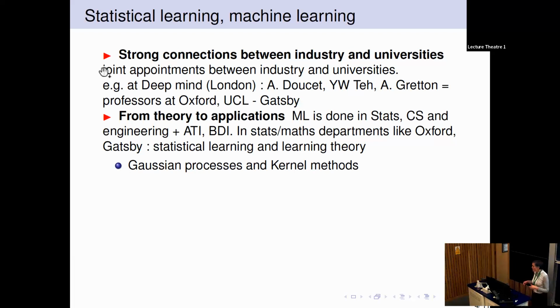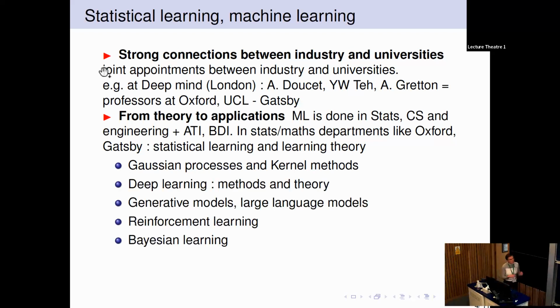Okay, and so just to talk about the kind of methodologies or tools that are used in machine learning. Some have been developed or very promoted here in Edinburgh. Gaussian processes are used very much in machine learning and very much in statistics, and the continuation of Gaussian processes is kernel methods. This is a big area in machine learning, and it corresponds to trying to represent functions as objects in a reproducing kernel Hilbert space.